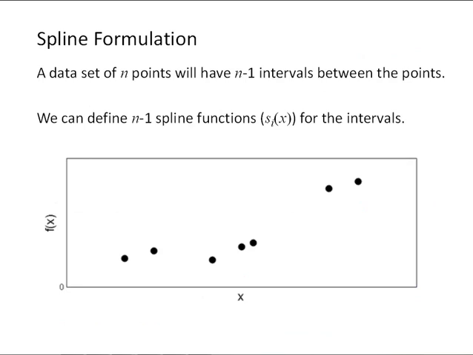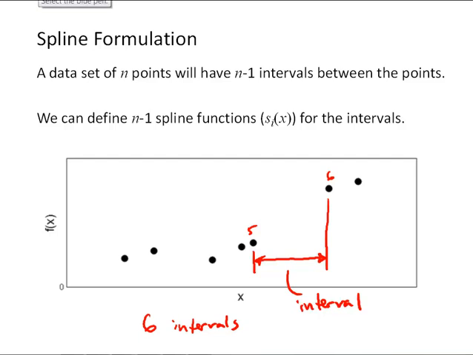So let's look at how we can formulate a spline. Let's say we have a set of n data points. We'll have n-1 intervals between the points. Here are, say, 7 data points, and we would call this the interval. In this case, it's between the 5th and the 6th data point. So we have 7 data points, 6 intervals,